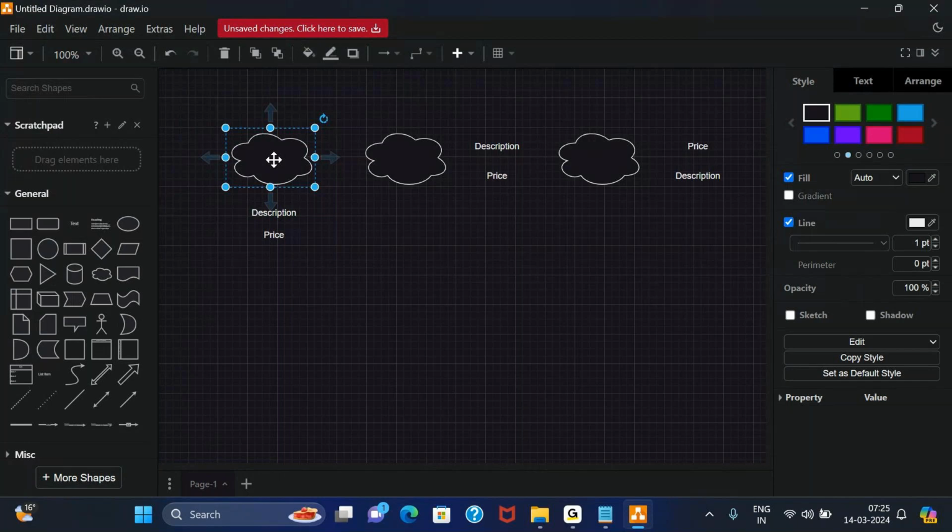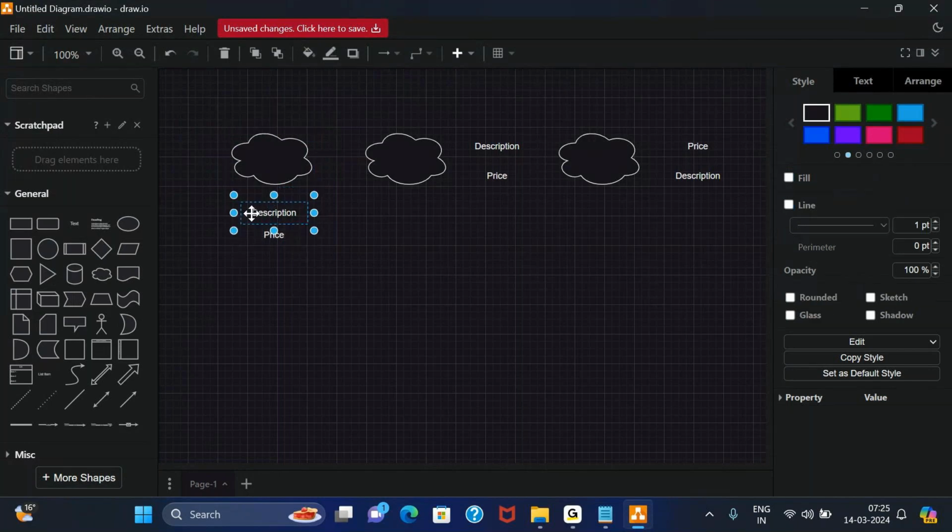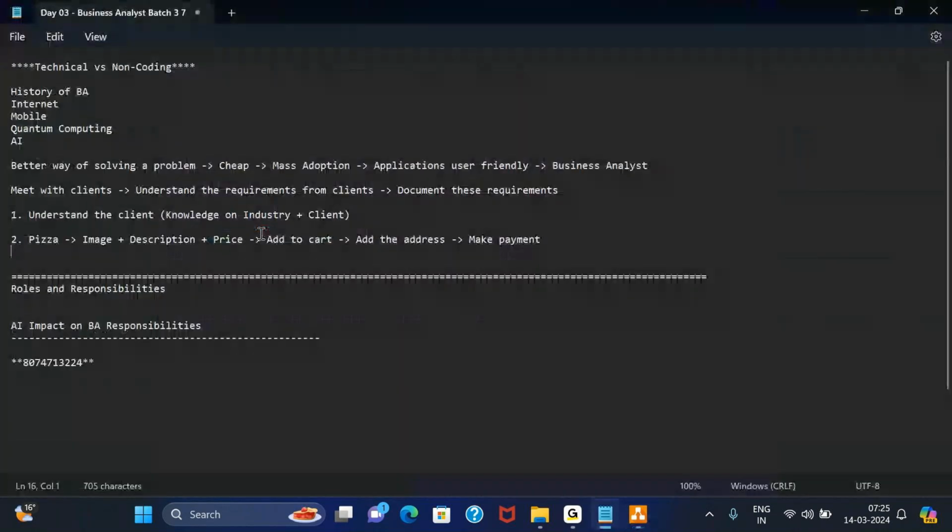Where? Who is allowed to add the description? Can anyone log into the application and add a description? Probably no. Only someone from the restaurant staff should be able to log in and add the description. Then who can add or update the price? So we naturally get these questions.